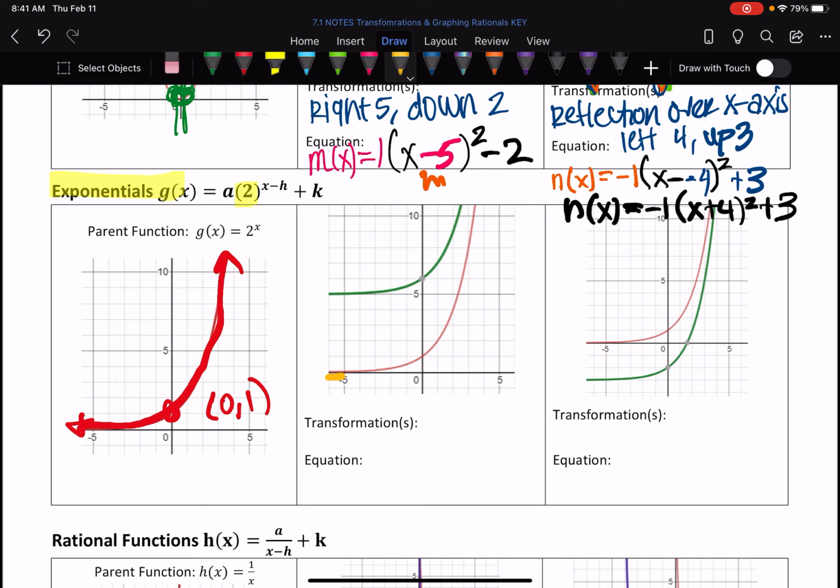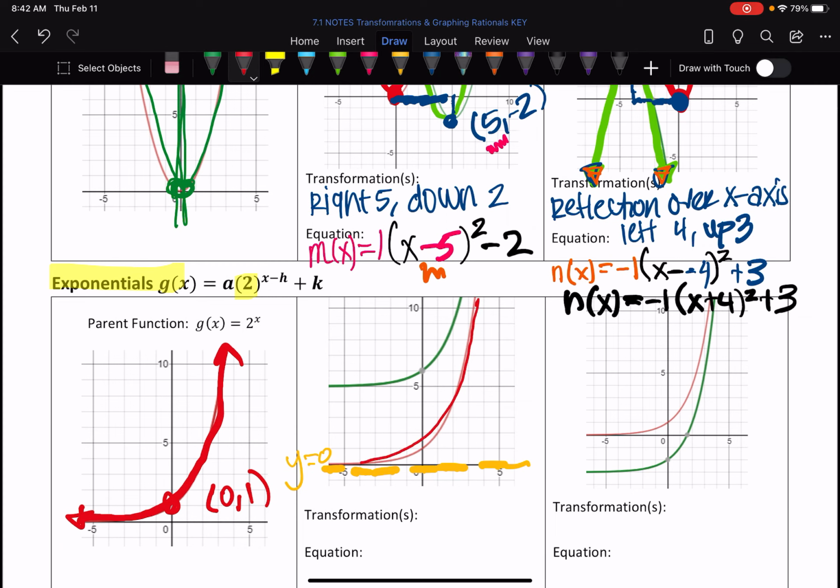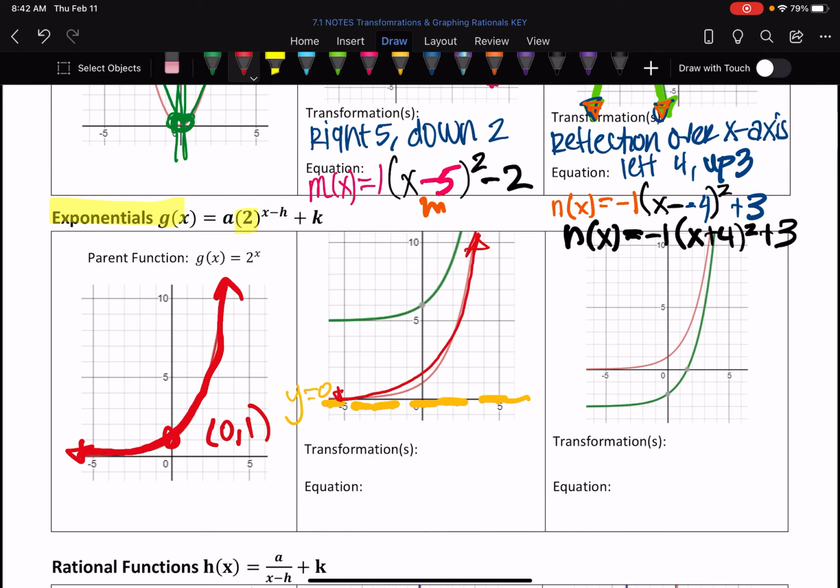So if you remember, there is this horizontal line, which is called y equals 0 because it's going through the 0, that my parent function will approach but never touch. Okay, so when I'm looking at my green one, the one that has been transformed, I'm like, okay, to